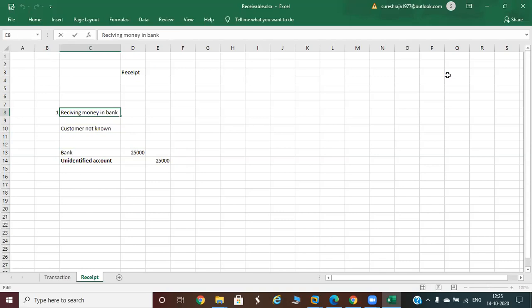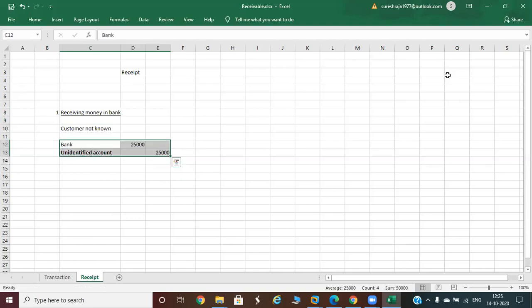The first category is customer not known. That means this will be the accounting entry and you will park the amount here. Then after some time,